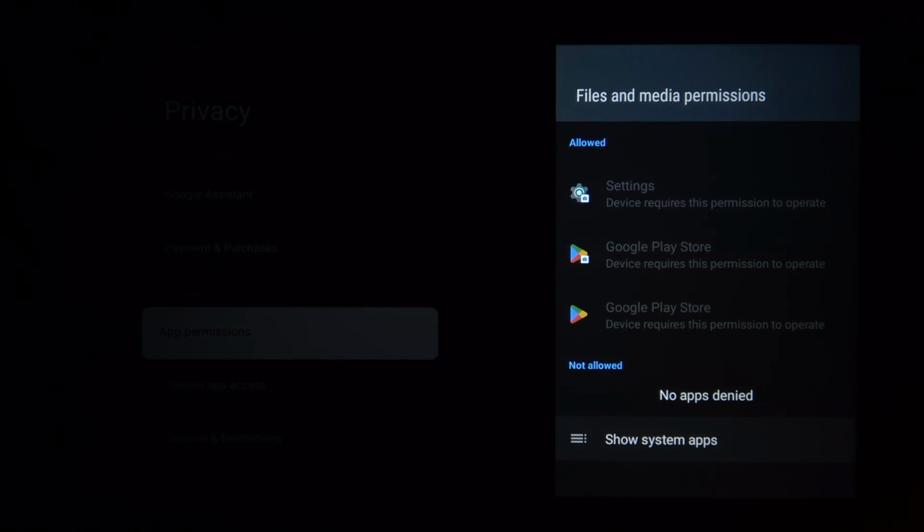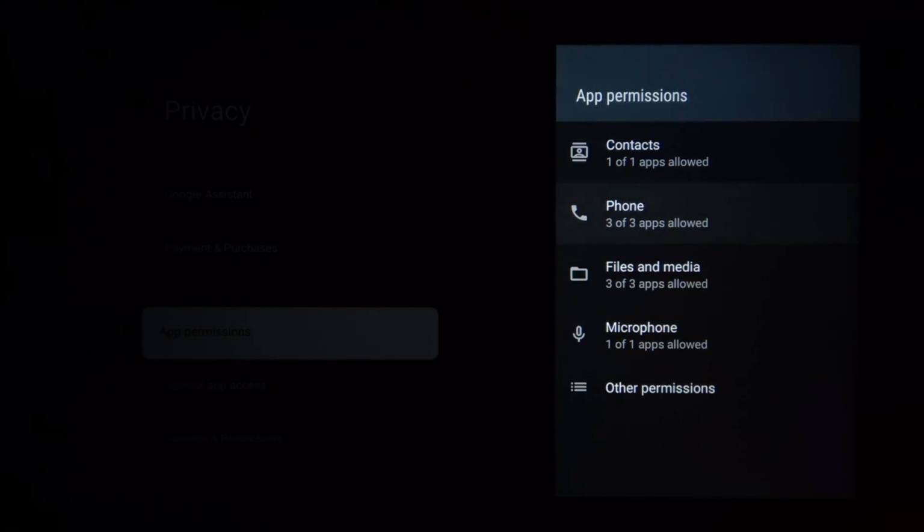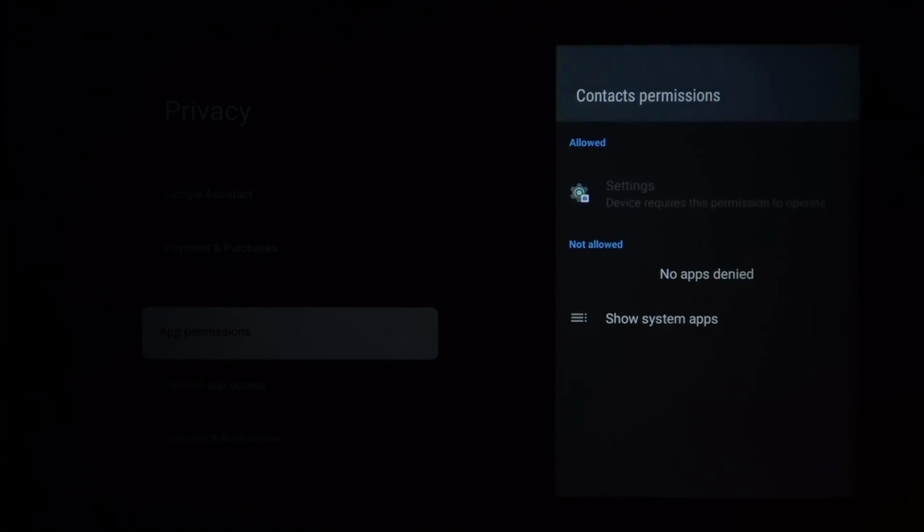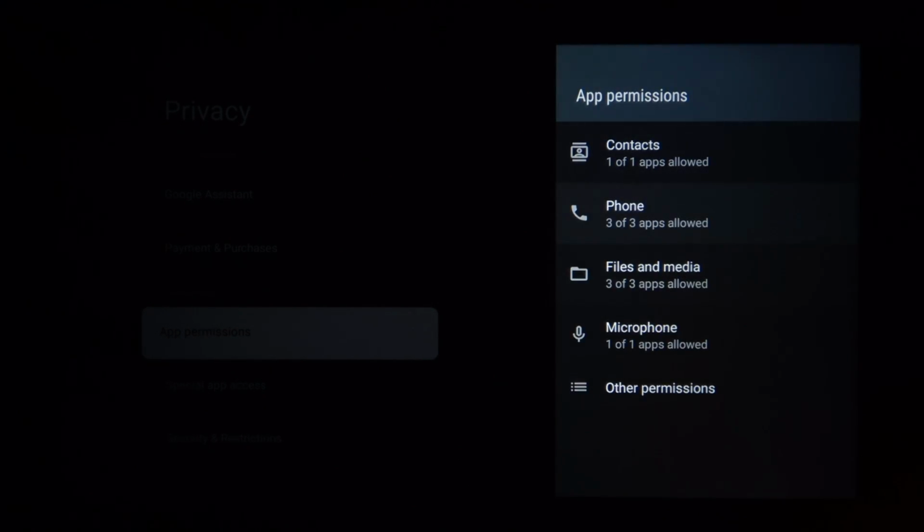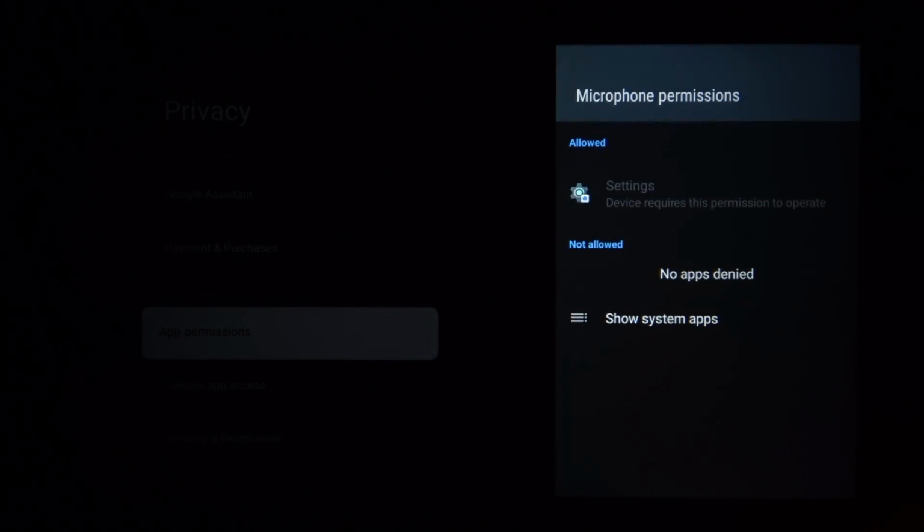operate, but if I had any I could click on it, then select for example disallow, and it'll move down to the not allowed section. Let's see if I can do it for like phone. No, I can't, but maybe for contacts. I also can't, but maybe for microphone. Let's see that. No, I also can't, but